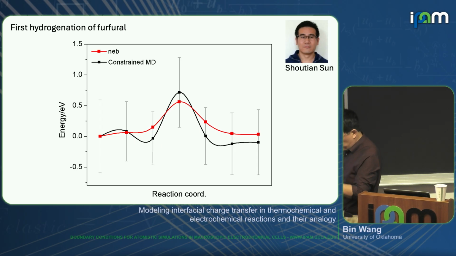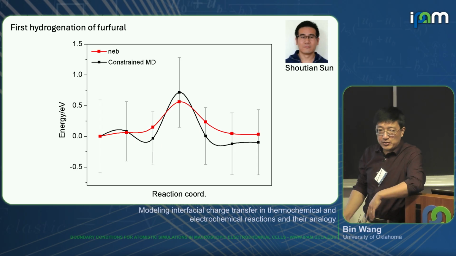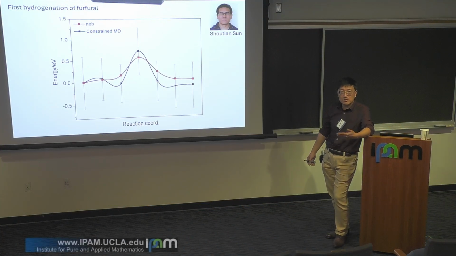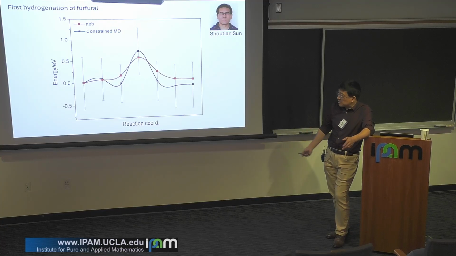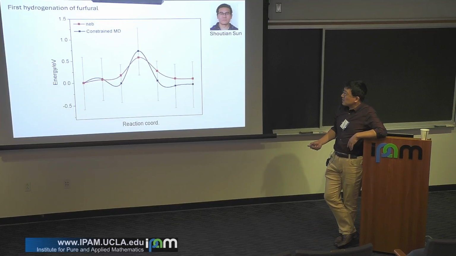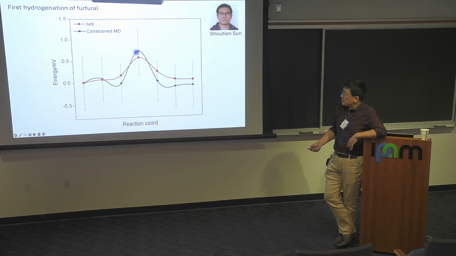So the idea then is we should probably fit all our data from our MD simulations into a machine learning model. Then we can do umbrella sampling to get some free energies. We don't have data for that yet, but to generate a data set, what we did is the following. The red curve is just an NEB calculation from one of the snapshots I chose in the previous slide. Then for each image, I fixed the transition state, but now we allow the water to move in an MD simulation. So essentially, it's a constrained MD. And the black dot represents the mean value during the MD simulation.